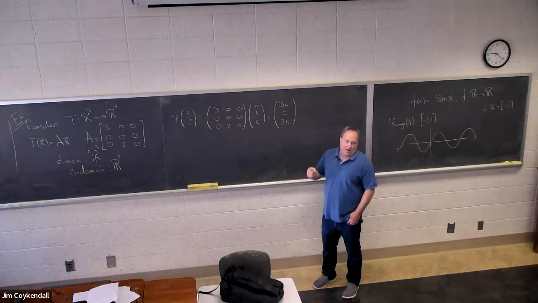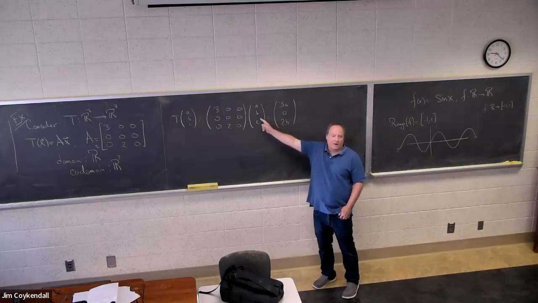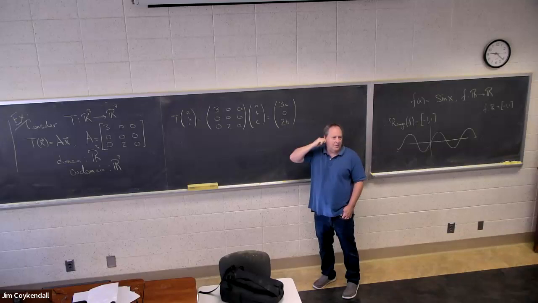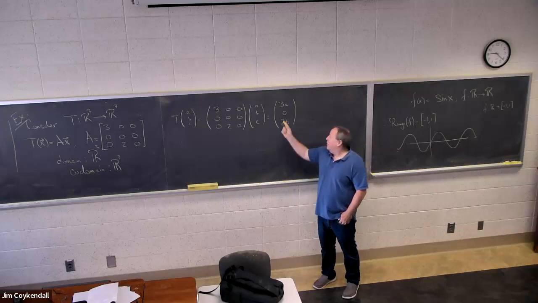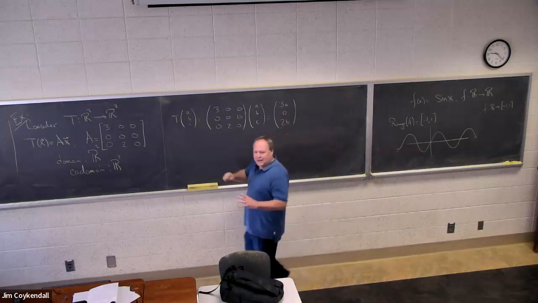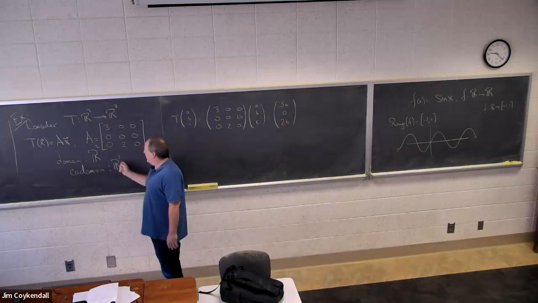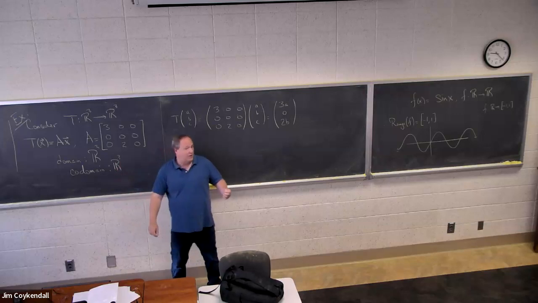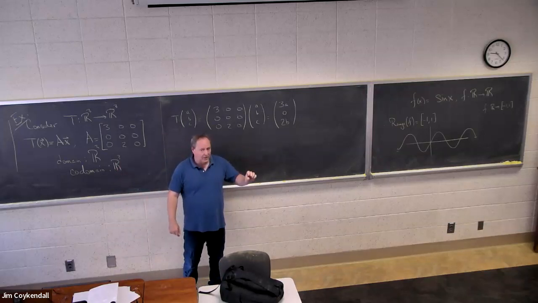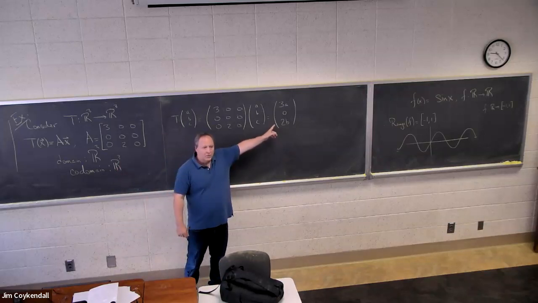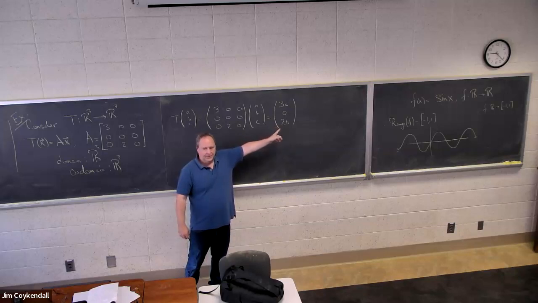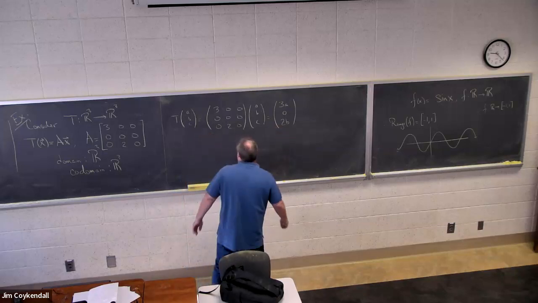No matter what vector I put in there, what can you say about the second coordinate of the output? It's always zero, right? So the range can't be everything because in R^3, you certainly, would everybody agree, have the vector (0, 1, 0). No way are you ever getting that, right? So the range here